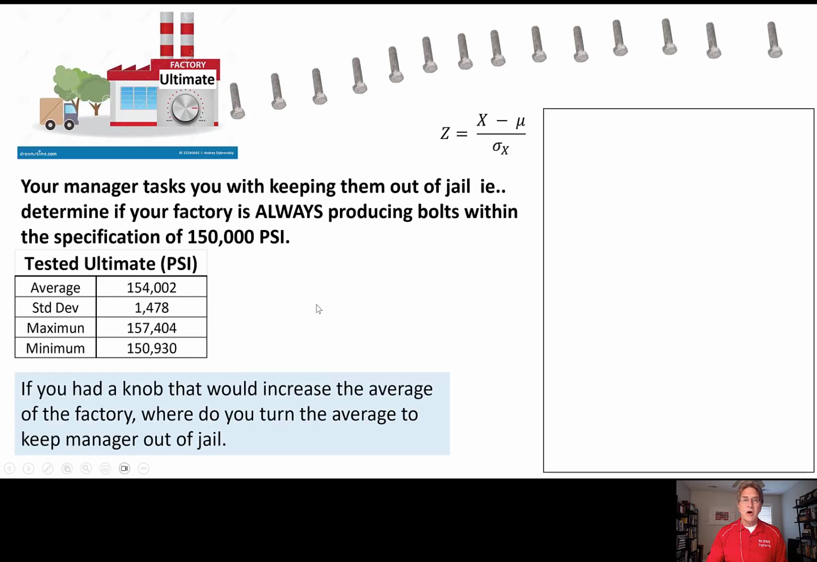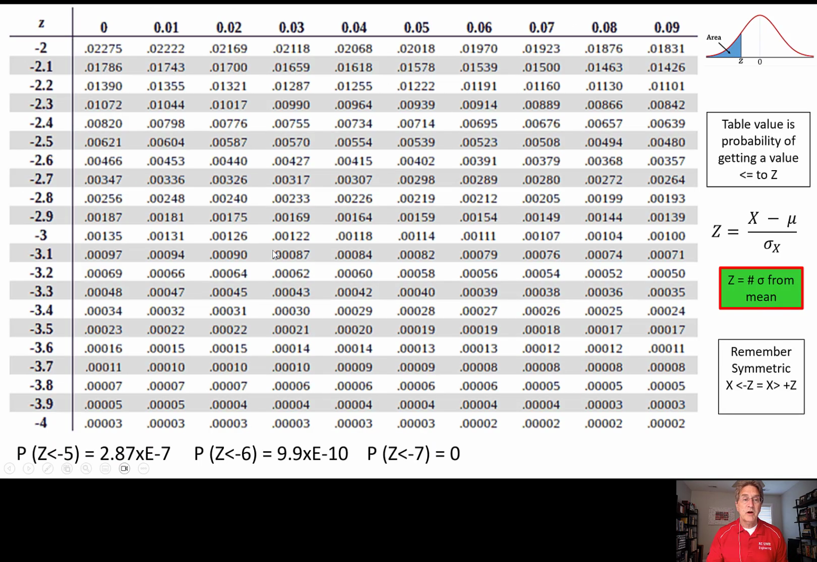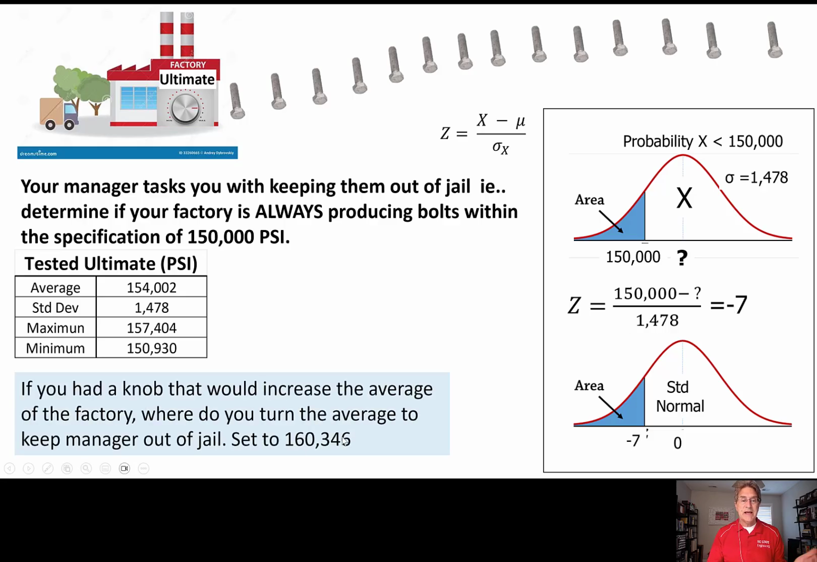Okay. So we're going to do the same thing. We want the probability X is less than 150,000. The only difference is we have 150 right there, and we don't know what the average is. That's what we're trying to find out. So I set it up. So I say 150,000 minus X over the standard deviation equals, and I got to come up with a z value. So I'm going to look at here, and I'm going with 7 because I don't want there to be a chance of my manager going to jail. And so I put in a 7 right there, solve that algebraically, and it comes to